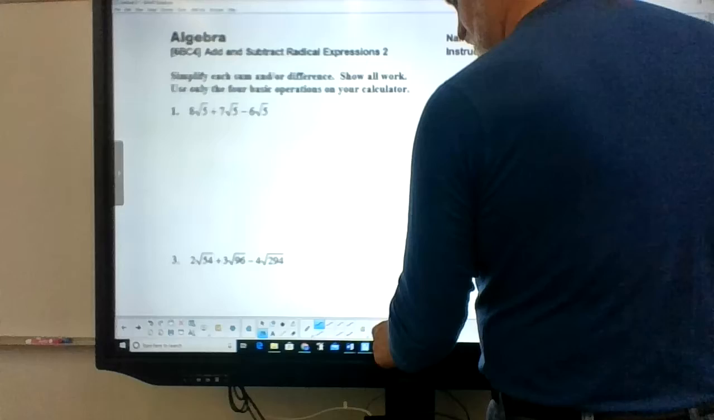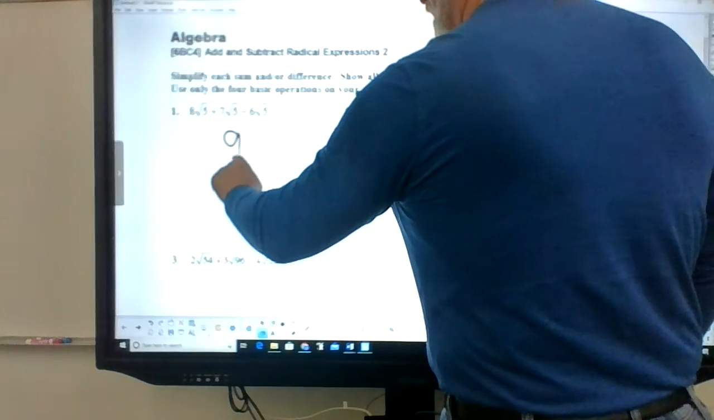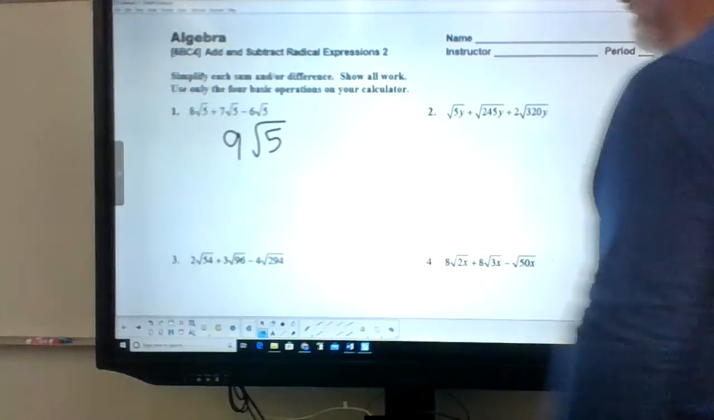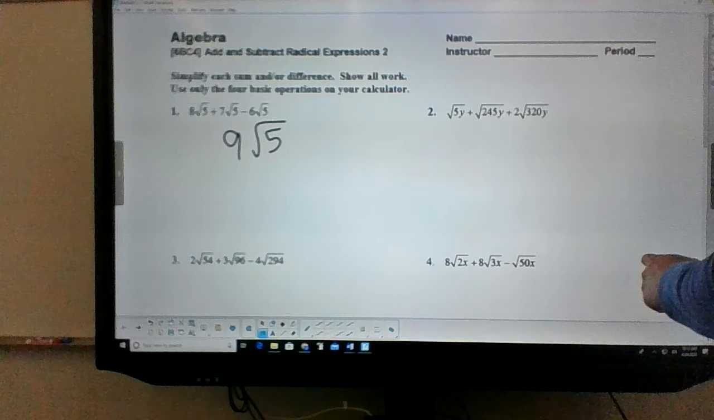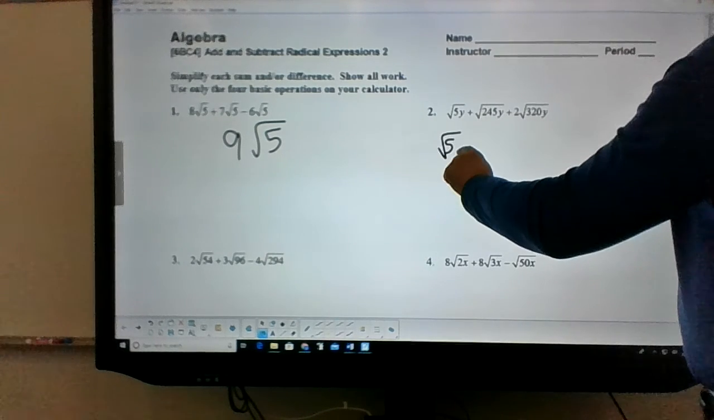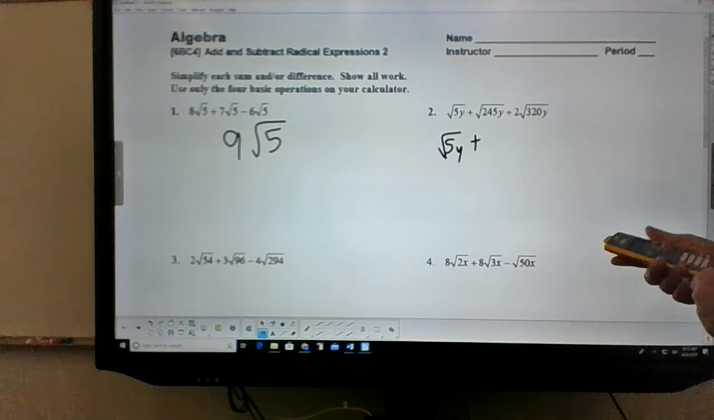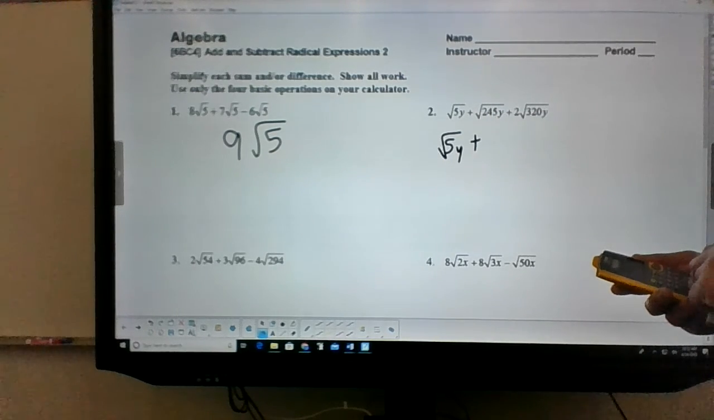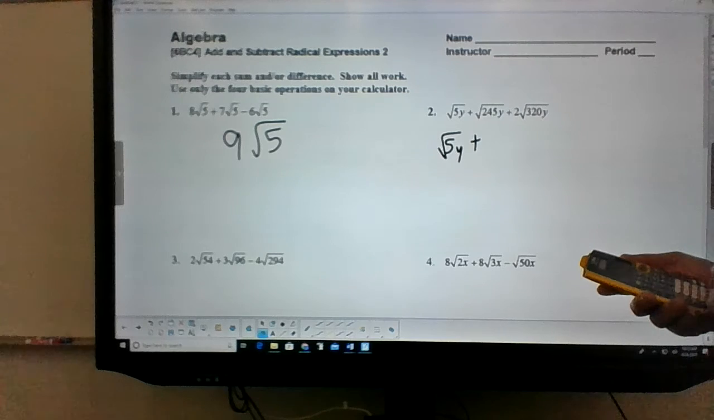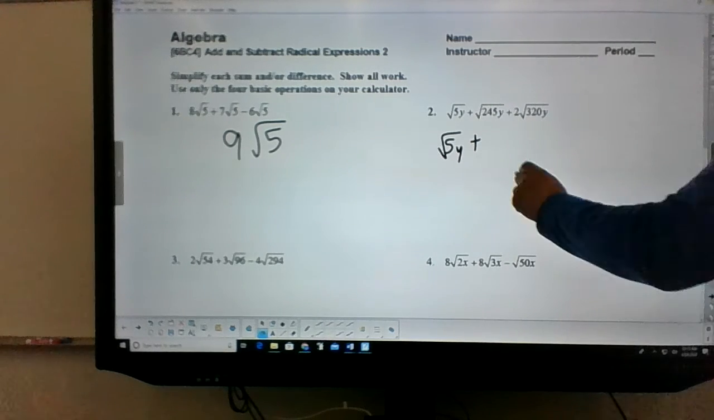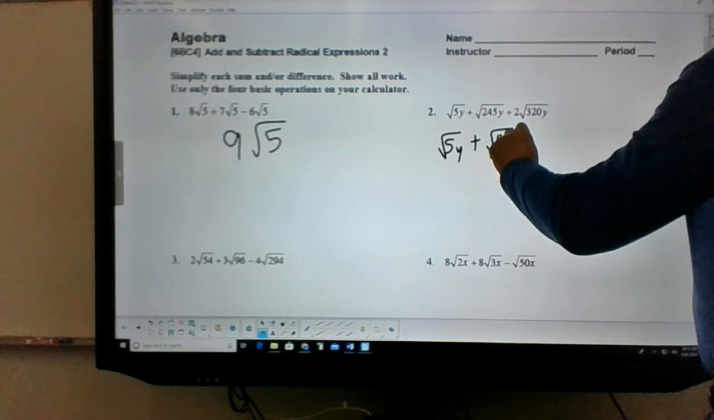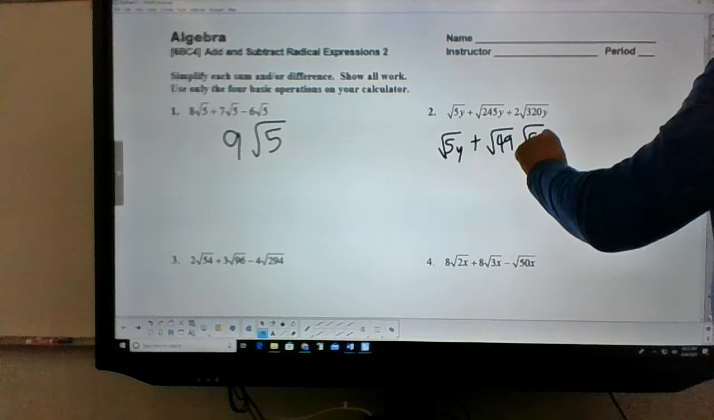Forgot to turn that on. My bad. 9 radical 5. Over here, radical 5y plus, I know I have a 5y inside, so maybe 245. If I divide that by 5, oh yeah, cool. I get radical 49 radical 5y